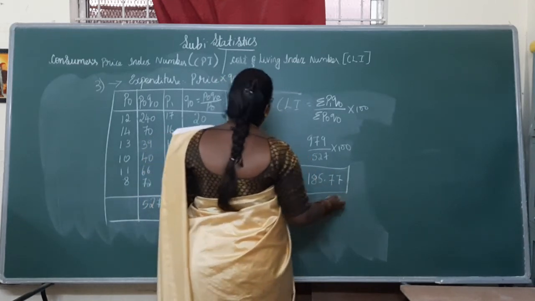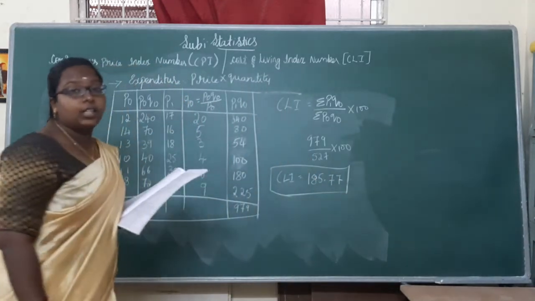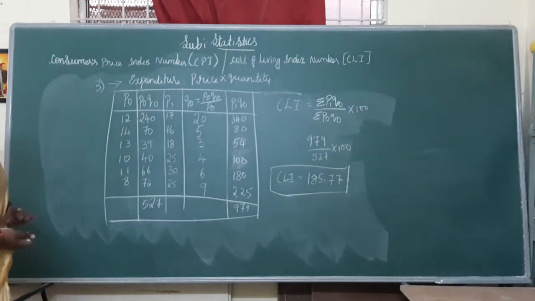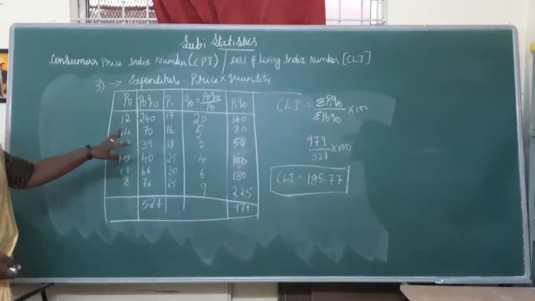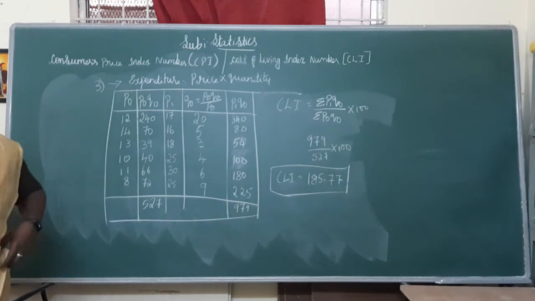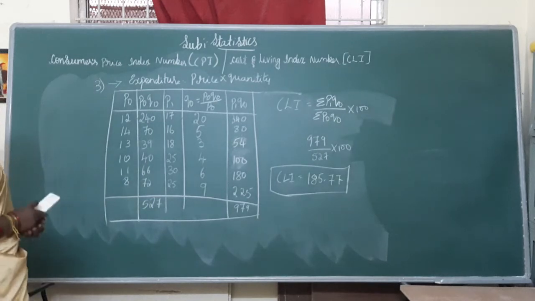So here, when expenditure is given, we need to find out Q0. How have I done it? Already we have P0 Q0, then we need to find out P1 Q0. This is a likely 5 marks question which will be asked in your exams. Possible questions in your exam for 5 marks.